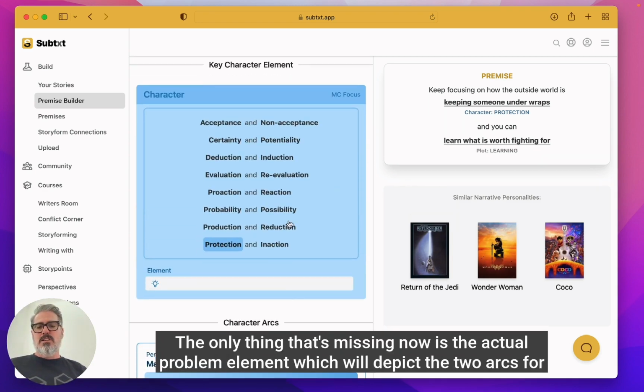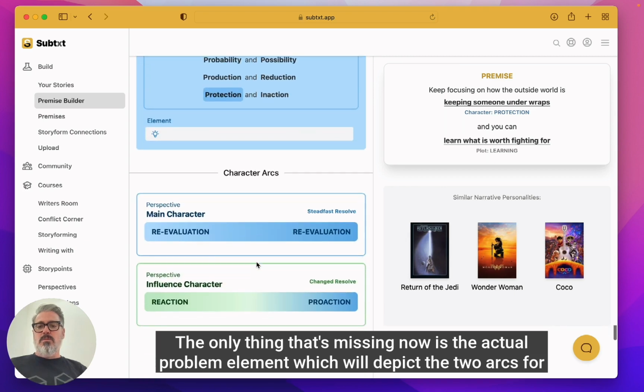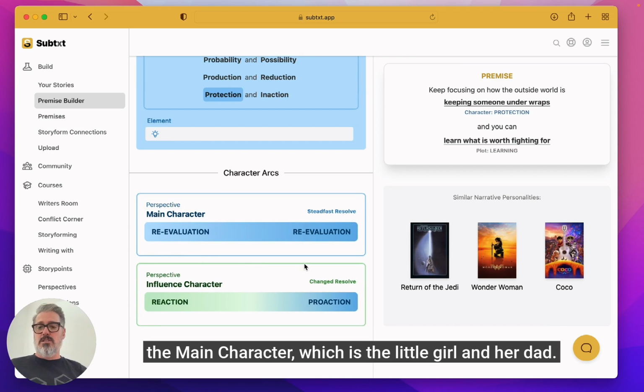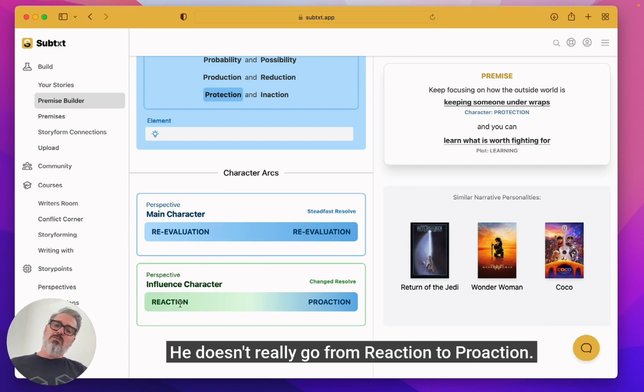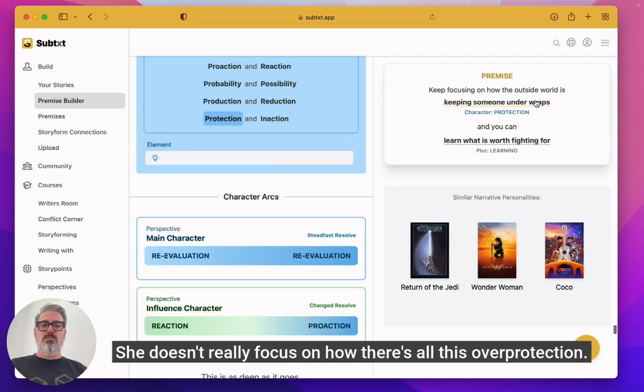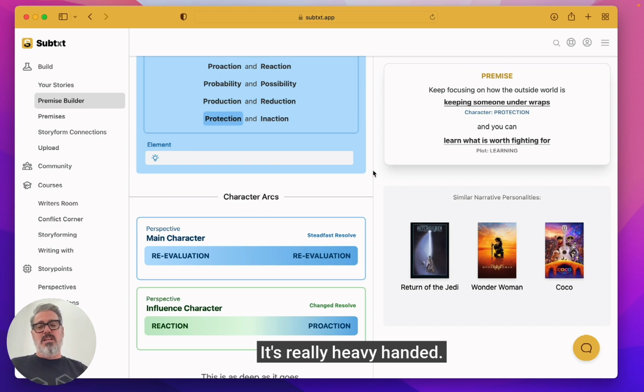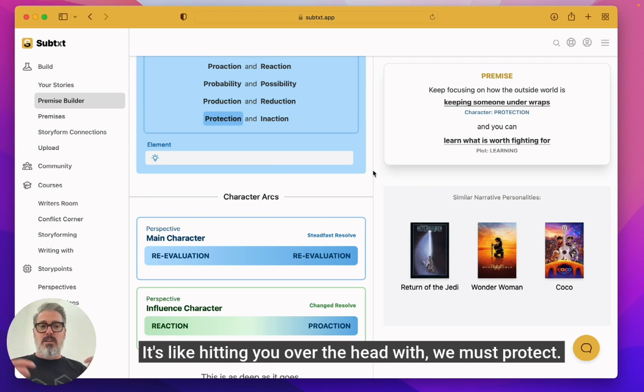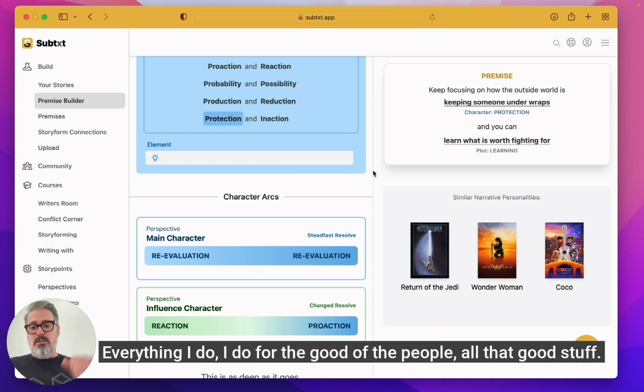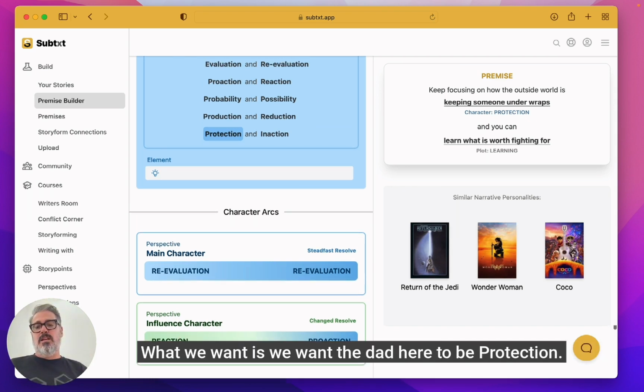The only thing that's missing now is the actual problem element, which will depict the two arcs for the main character, which is the little girl, and her dad. He doesn't really go from reaction to proaction. She doesn't really focus on how there's all this overprotection. It's really heavy handed. It's like hitting you over the head with, we must protect everything I do for the good of the people, all that good stuff. What we want is we want the dad here to be